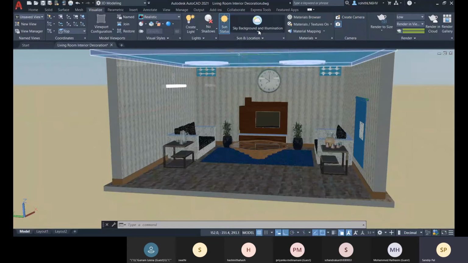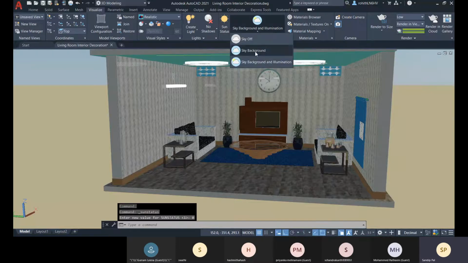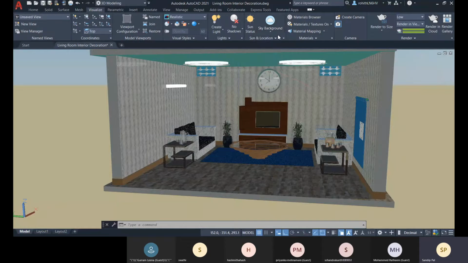So we don't need the sky background anymore. All right, so I wanted to show you that if you are placing your lights and you have this sky background on, it will illuminate the light, so we don't need it right now. If we need the sky background but we don't need the light from the sky background, we'll go for this setting. Okay, now let me just show you